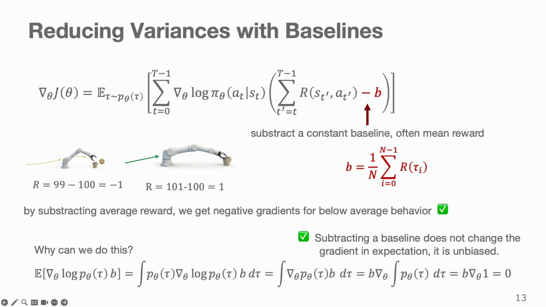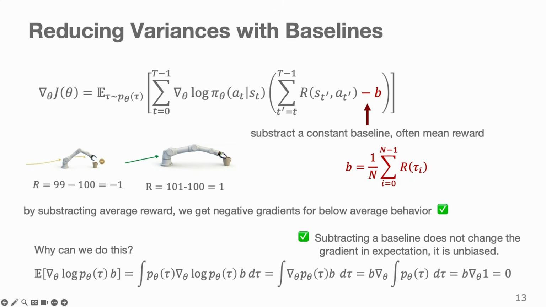So the fix for this is quite simple. We can subtract a baseline B from the reward to go to center our rewards. That's the only change to the formula really happening here. Everything else stays the same. And now we are weighting each action log probability by the reward to go minus B instead of the raw reward to go. And what happens now in our case is that essentially now we are subtracting B equals 100. So that would be the average.